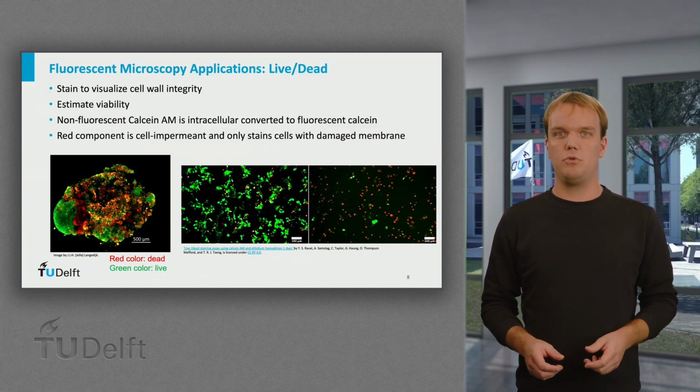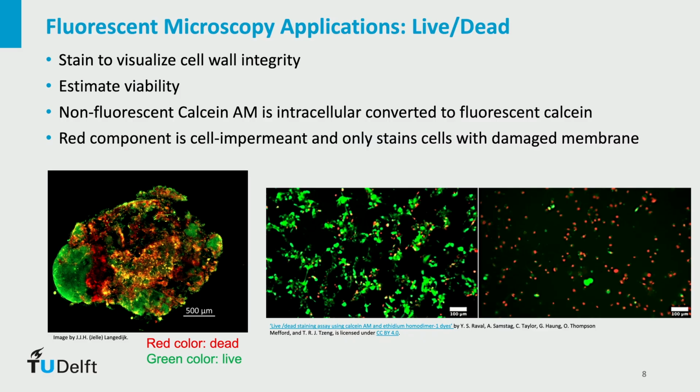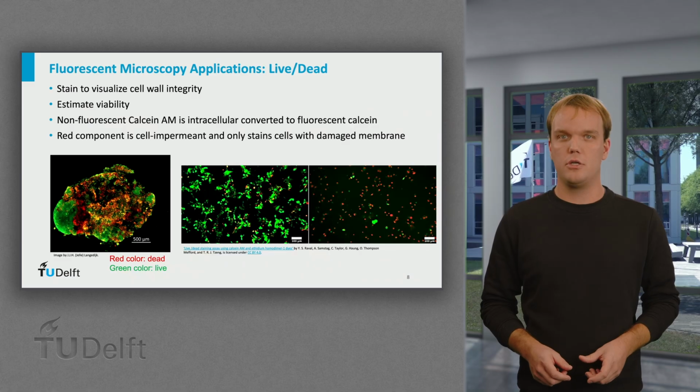By combining these two channels, we can quickly estimate the ratio of live to dead cells in the sample. This is particularly valuable when evaluating biofilm systems, environmental stress or reactor performance. The right image shows single stained cells. The left image shows a very thin slice of stained aerobic granular sludge.